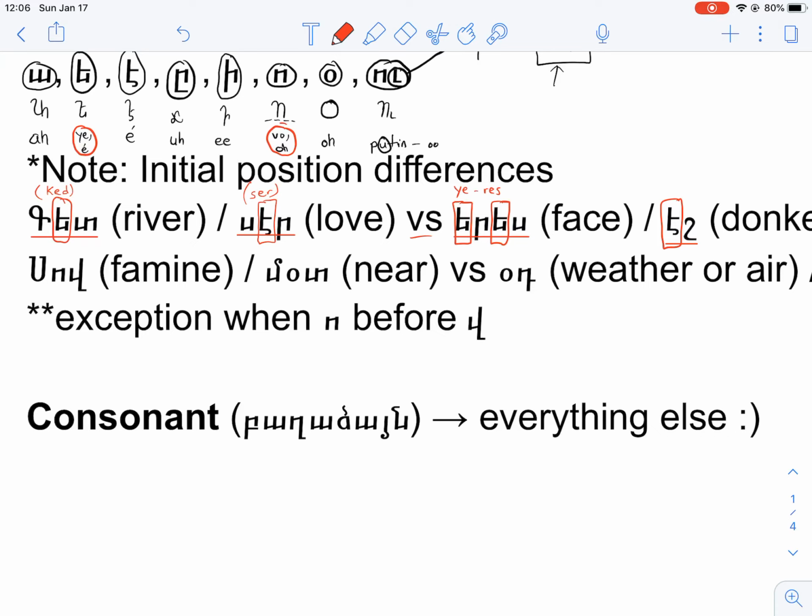Now let's sort out this problem here, okay? How do I know if the vo is pronounced as vo or o? Very similar to the yetch problem. How to pronounce yetch? Very similar. Same thing. Okay. So if the vo is in the middle of a word, as in the word for famine, which is sov, okay, or in the word for near, which is mod,